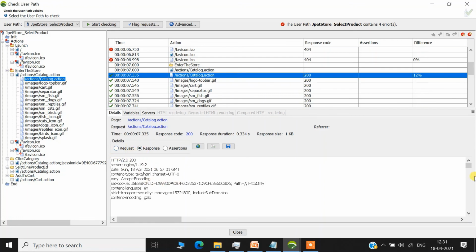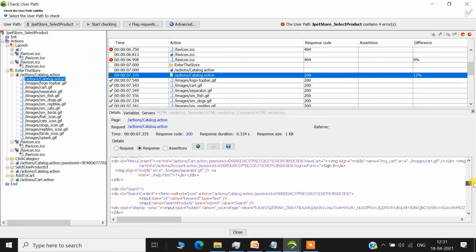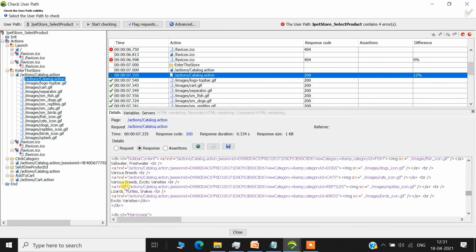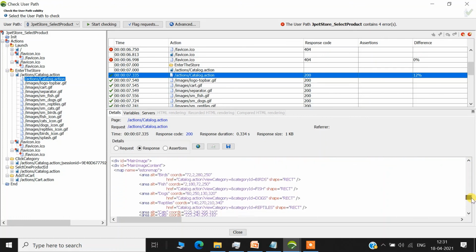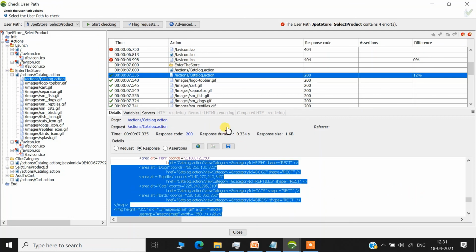And what is the response body? Yeah, see the catalogs: the cats, various breeds, turtle, snake, those things are available. These are the tags that were visible on the page by default on the screen. So this also appeared. Here we should not focus on the response code, we should go and see whether the response body was correct or not. Let's move on to the next step.